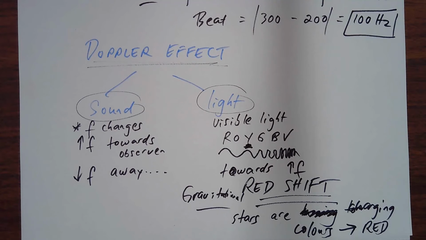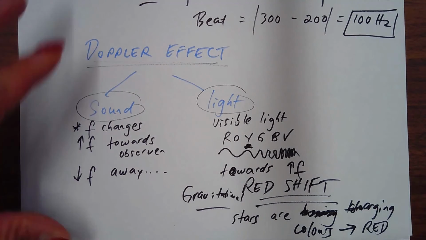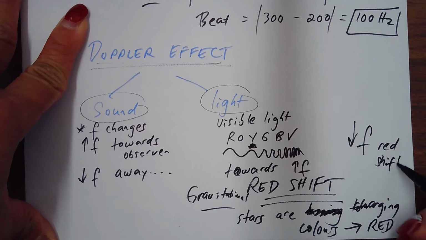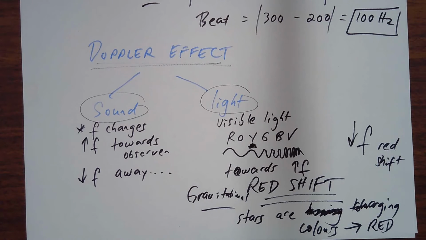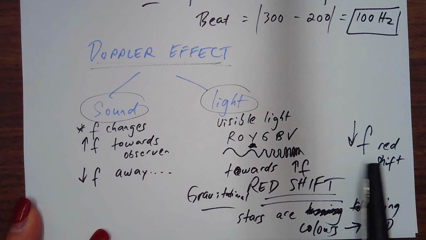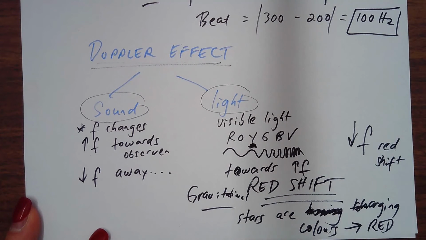So why do you think that is? Well, you know the frequency is decreasing because you're going towards the red shift. So we call it red shift. It's shifting towards red, so it's changing in frequency. So do you think that star and us are moving away from each other or towards each other, if this is the observation that astronomers have observed? That stars out there are turning red over time. So then they said, okay, if it's turning red, then it's shifting towards the lower frequency. There is a decrease in frequency over time.